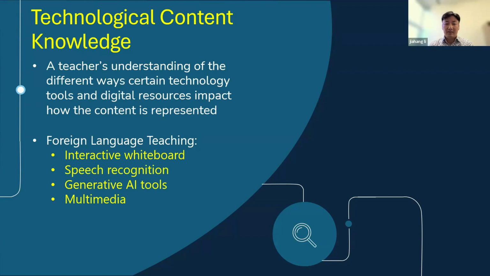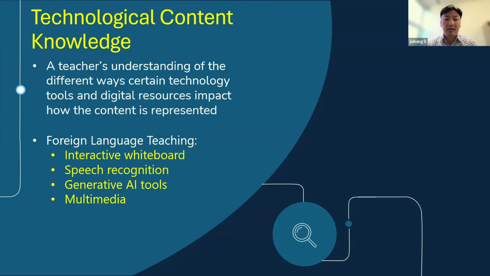Think about what kind of technology tools you might want to use to best represent the content of vocabulary or even grammar rules that you want to introduce. There are a lot of different things you can utilize, but what is best to represent that content? You probably want to choose Quizlet because of the flashcard function, right? The gaming type of activity can engage students, can motivate students, and supports a lot of self-paced learning, right?